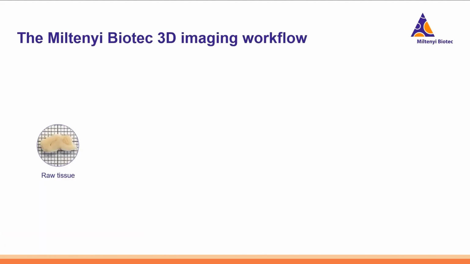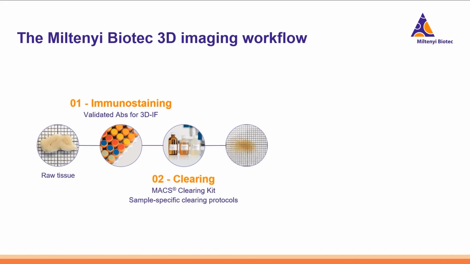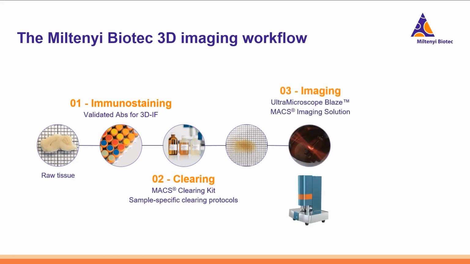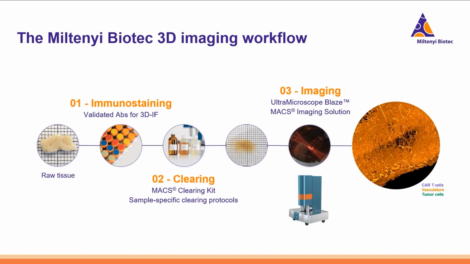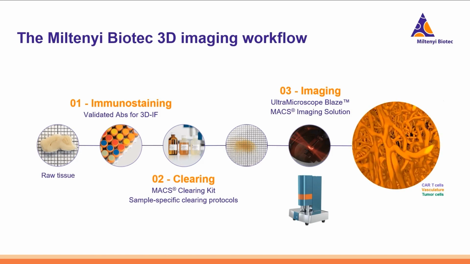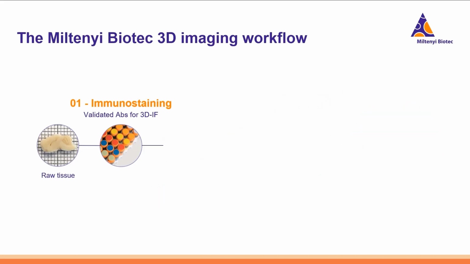The 3D imaging workflow usually consists of three steps. The first step is immunostaining, immunolabeling with antibodies. The second step is tissue clearing, and the last step is microscopy using a light sheet microscope. So let's start with the first step,